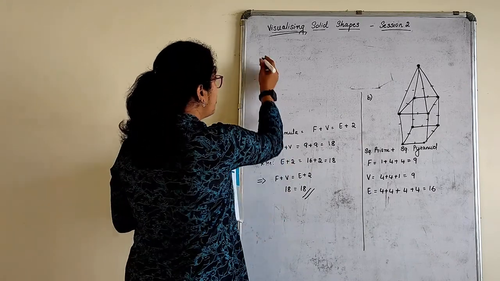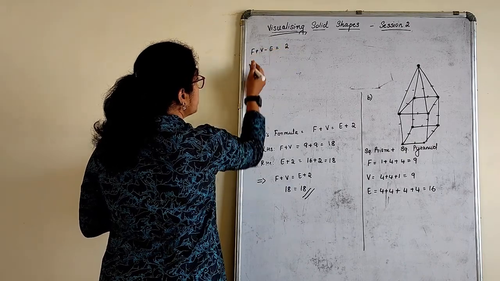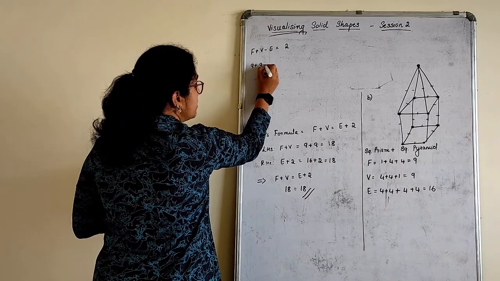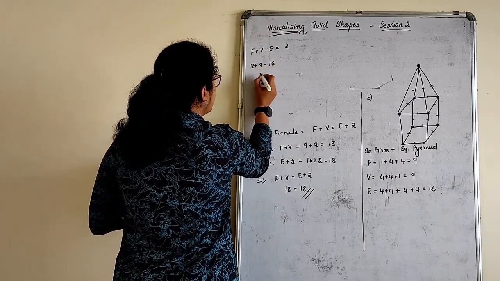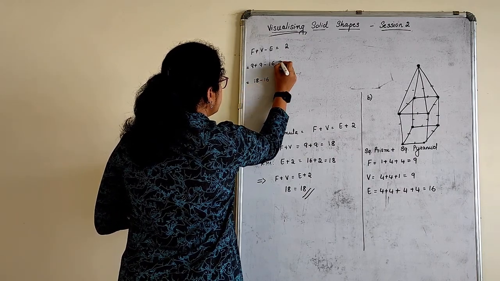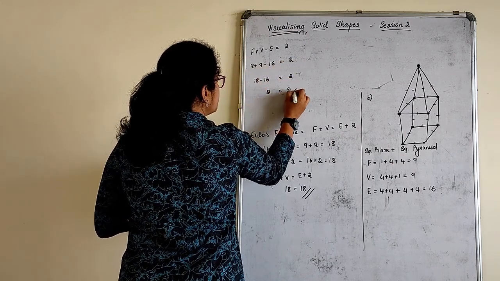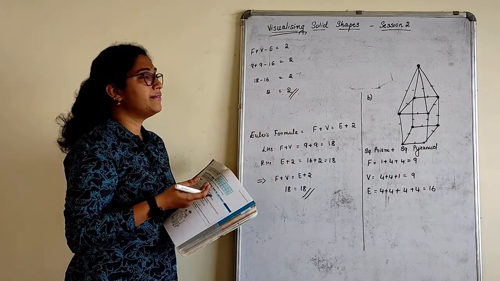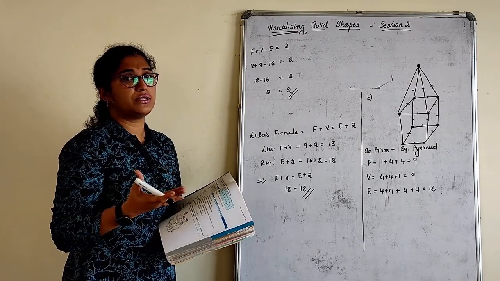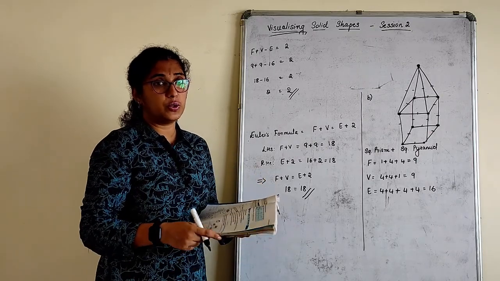See, I'll just show you with the formula they have given in the book. F plus V minus E is equal to 2. LHS is this. F is what, children, here? 9. V is 9 minus 16. Okay, how much do we get here? We get 18 minus 16, 2 is equal to 2. Both are the same. This is the known formula. In some books they have given F plus V is equal to E plus 2, and in some books F plus V minus E is equal to 2. Equally correct formulas for Euler's verification.